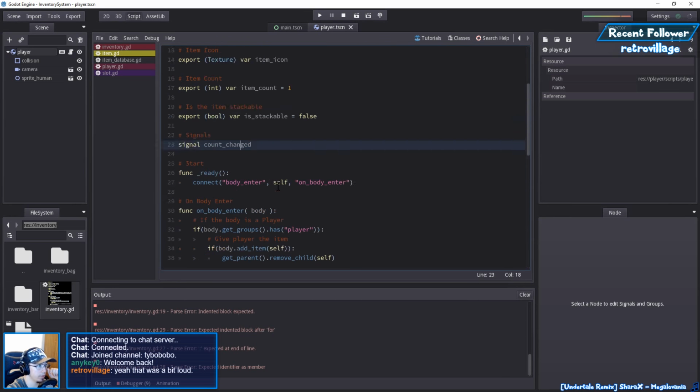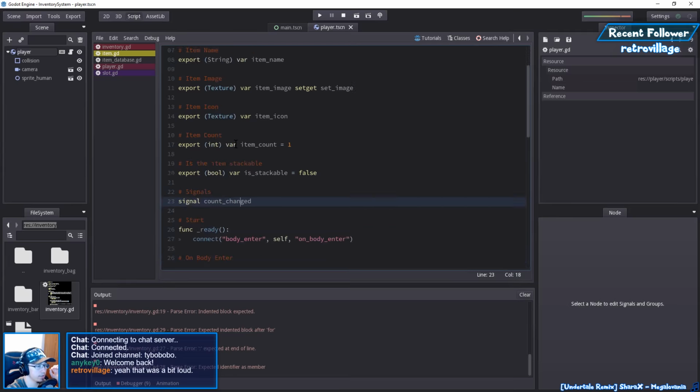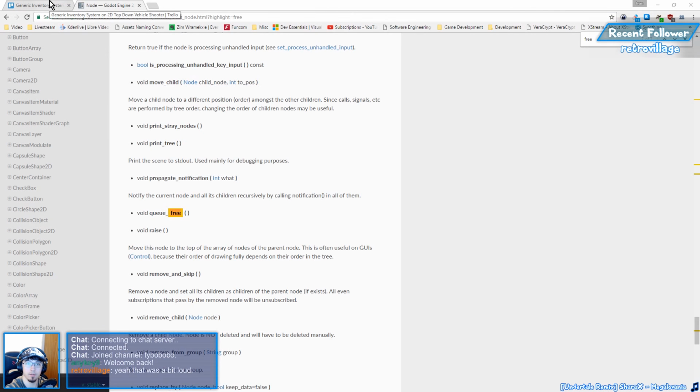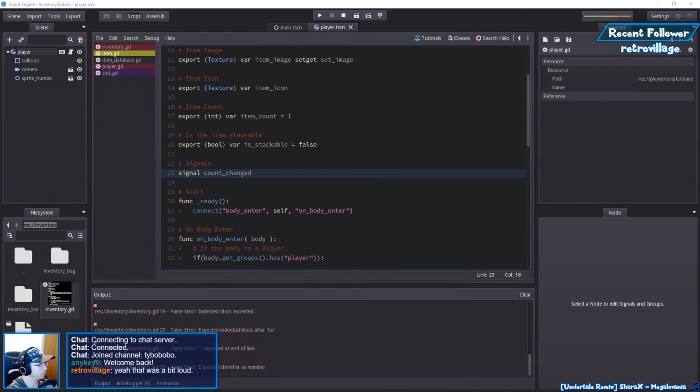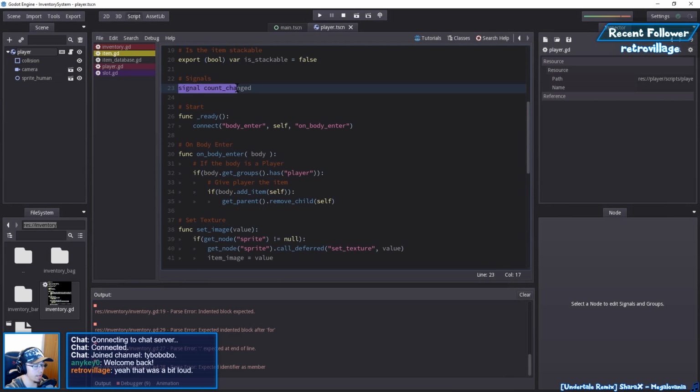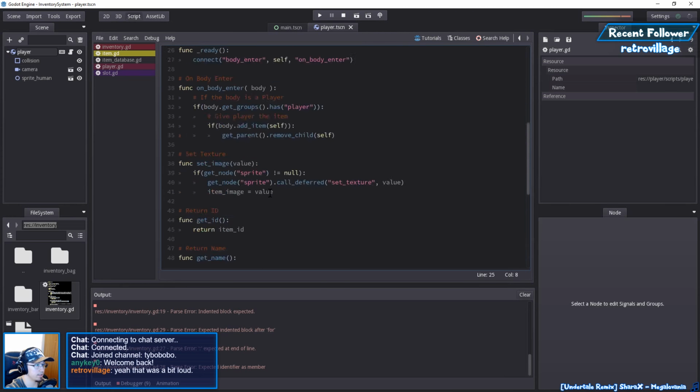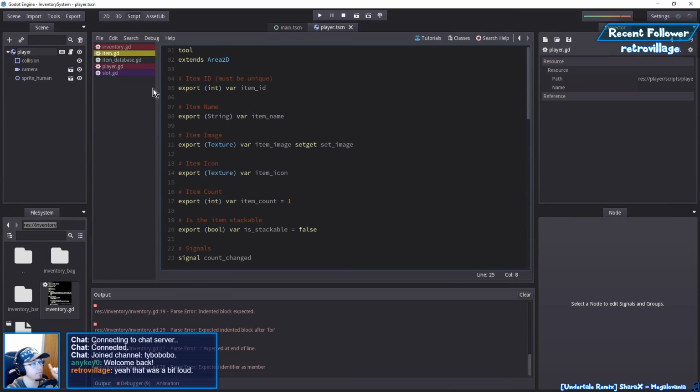Actually, that reminds me. Let's write it down so I don't forget. That will probably be our next topic for a tutorial, which is Godot engine signals. Okay, signal changed, count changed. Let's copy that. And let's set this up on a bag, but not yet, because we first need to finish